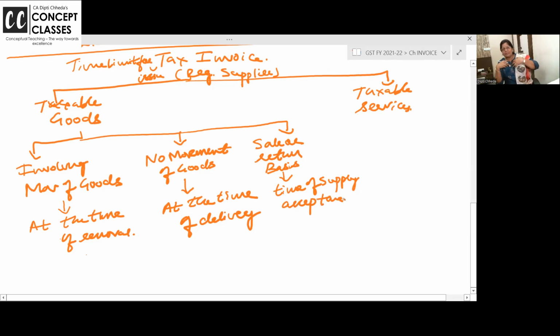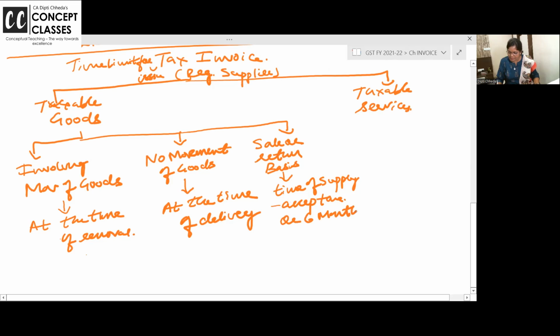Time of supply doesn't mean when I am sending. When I am sending, dear students, you have not accepted the goods. If you like them you'll keep them, otherwise you'll return them. So the time of supply is acceptance by the buyer or